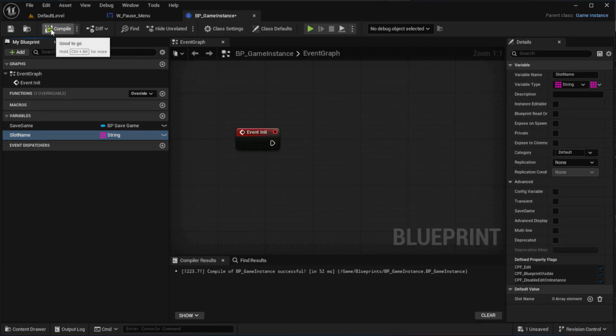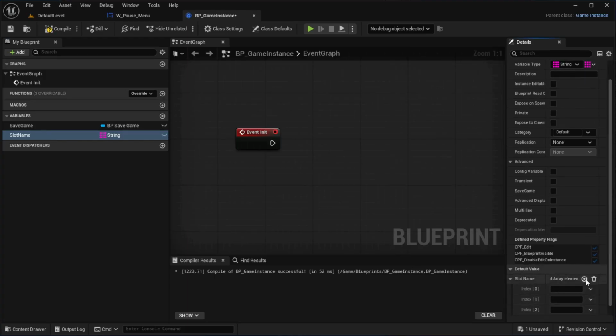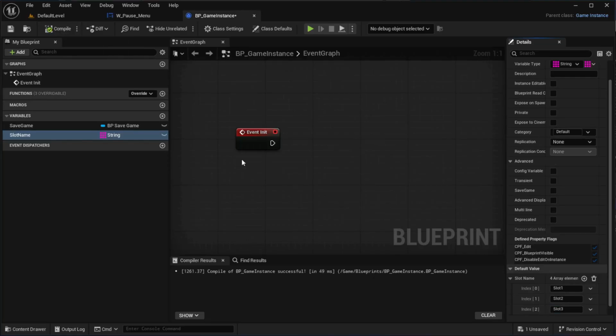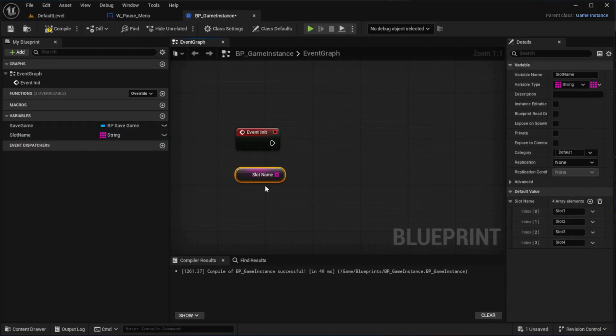If you click compile now, come back to the details panel, and at the bottom you'll find the plus sign there. That will actually let you set up the array. So set up 4 slots and call them slot 1, slot 2, slot 3 and slot 4. And back in the graph, bring the slot name variable below the init event,